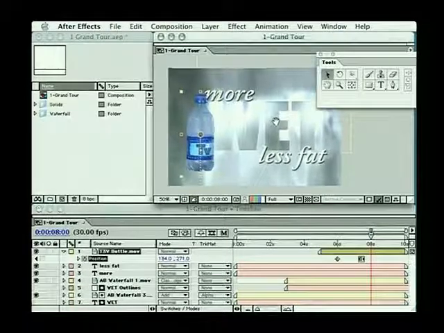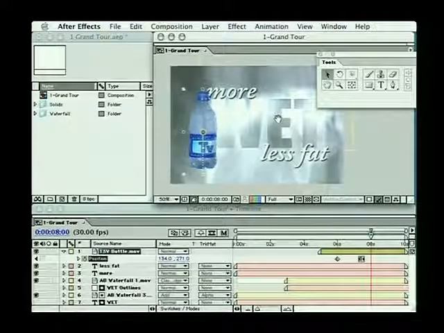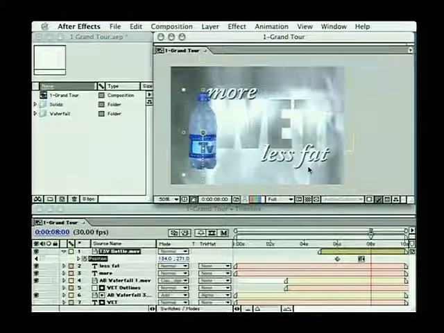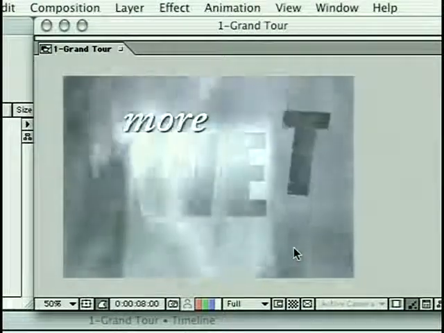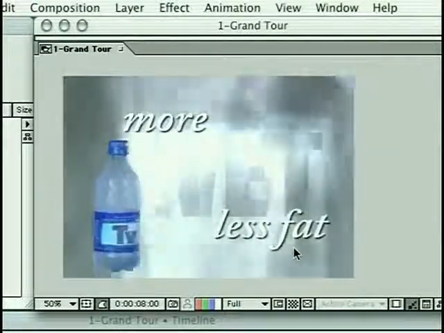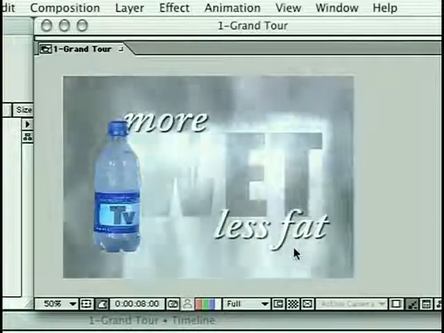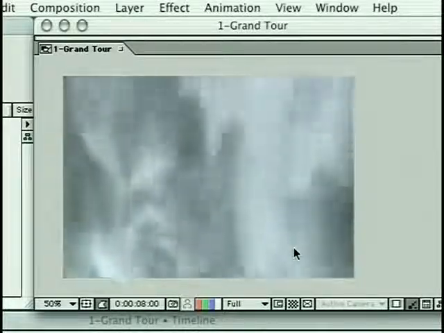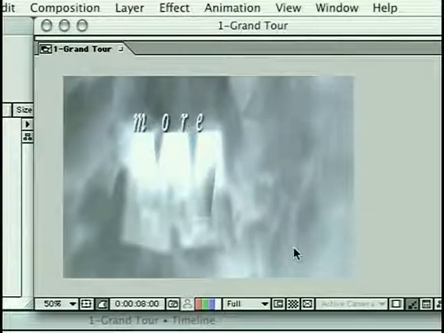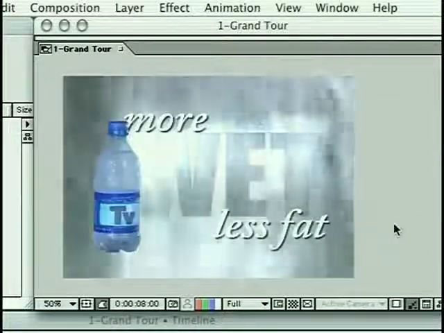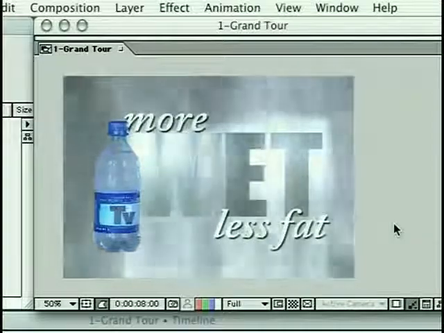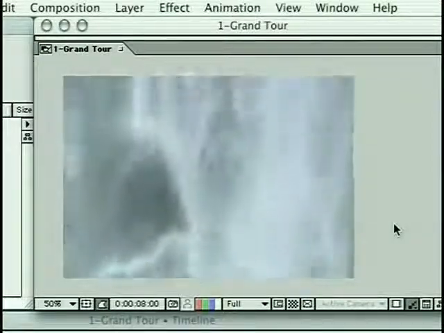Let's generate a RAM preview of the work we've done and see what we've accomplished. So there we are, a complex result generated with just a handful of clips, a little bit of source footage. There's some tweaking we could still do. We might be able to tweak that last little bit of a splash reveal. We might want to color correct the background a little bit so it looks a little more blue. But all in all, we've done a pretty decent job of creating a very sophisticated effect in a very short